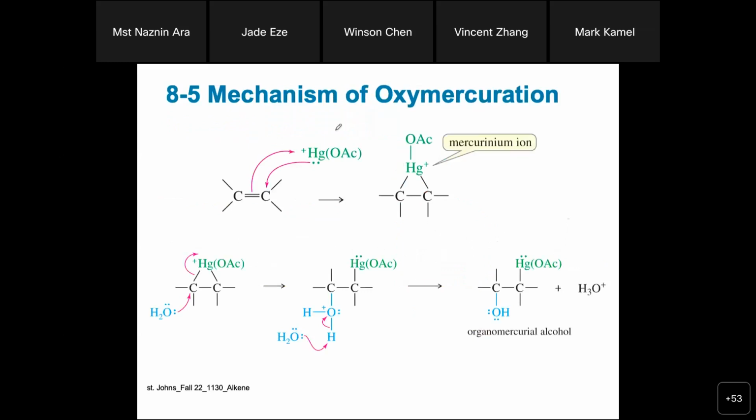This type of ion will form, and this ion will make a bond here by breaking the pi bond here. So this kind of three-membered ring, this type of mercurium ion will be formed, and then you know the